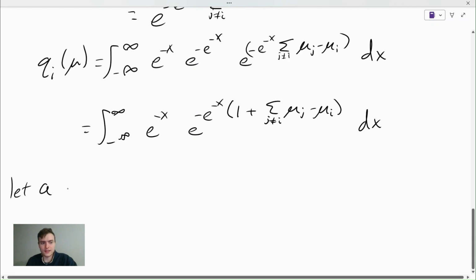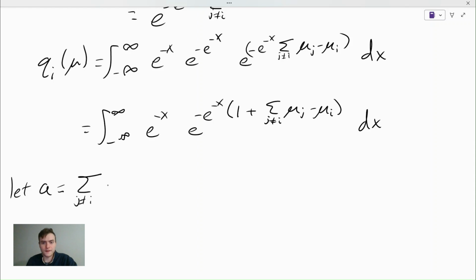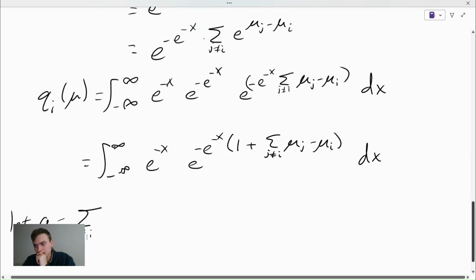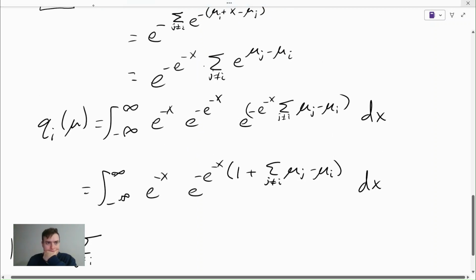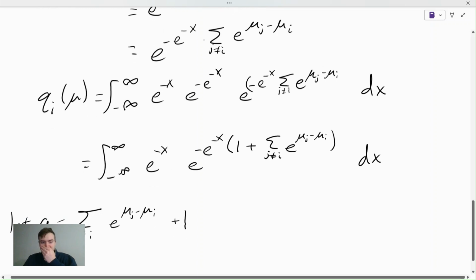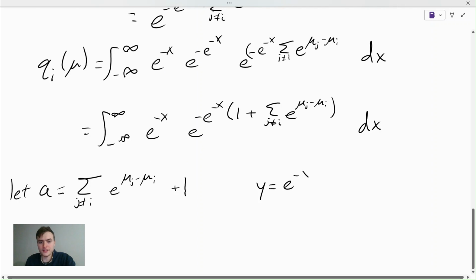Let a equal the summation of e to the mu_j minus mu_i plus 1, and then we can set y equal to e to the negative x,